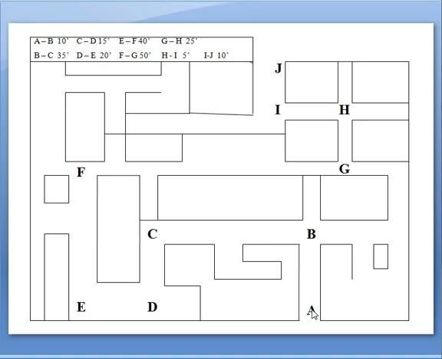Robbie moves forward, and he goes forward 10 feet in 6 seconds. Now, if we look here, from A to B is 10 feet. So if Robbie's going to move from point A to point B, it's going to take him 6 seconds. From B to C, now remember, Robbie's moving in a northward direction. After he hits point B, in order to move from B to C, which is 35 feet, he's going to